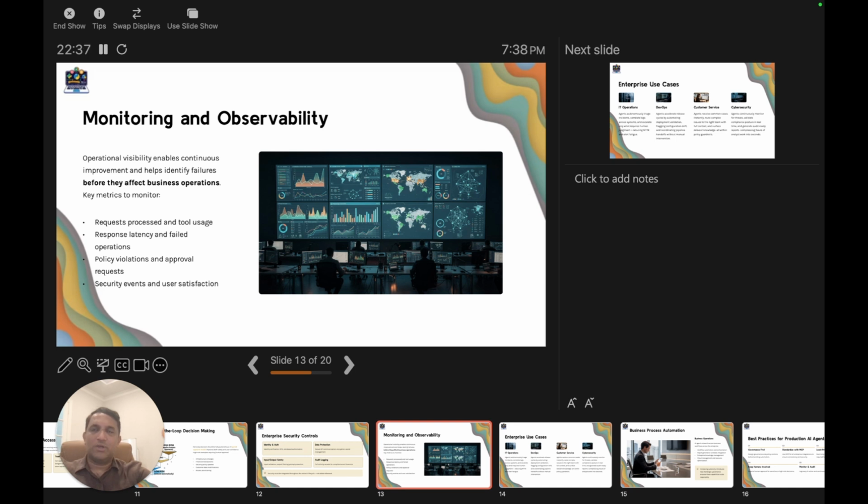Alongside those, user satisfaction matters, because a system that's secure but that people hate isn't a success either. Observability is what turns a deployment from a one-time launch into a system you can actually operate and trust over time. We'll see where this pays off with some real enterprise use cases, starting from the next slide.